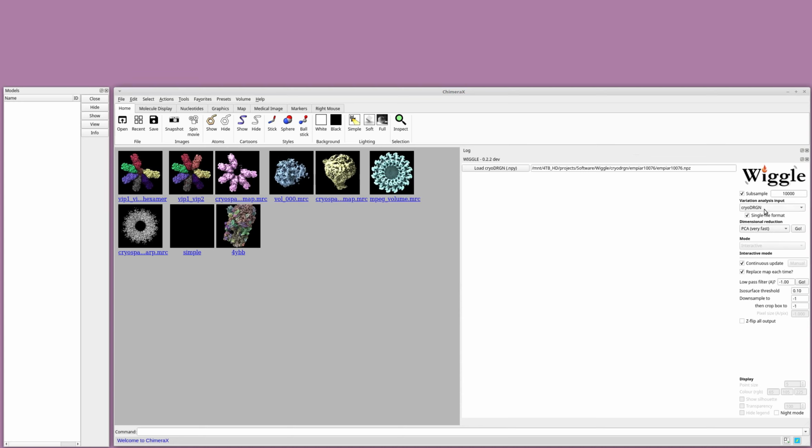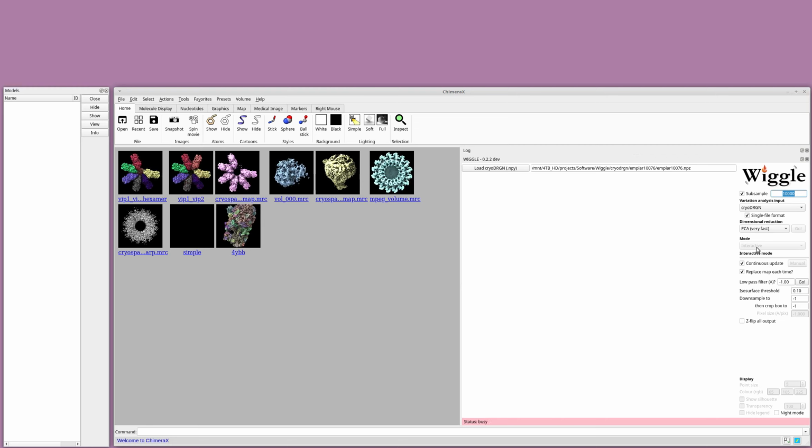So you can see here there's different modes that you can provide Wiggle. Here we're using CryoDragon. You can subsample the latent space, which is often useful for speed. There are different data dimensionality techniques available. Principal component analysis is pretty fast, but it gives fairly ordinary embeddings. If I just run that now, there's also